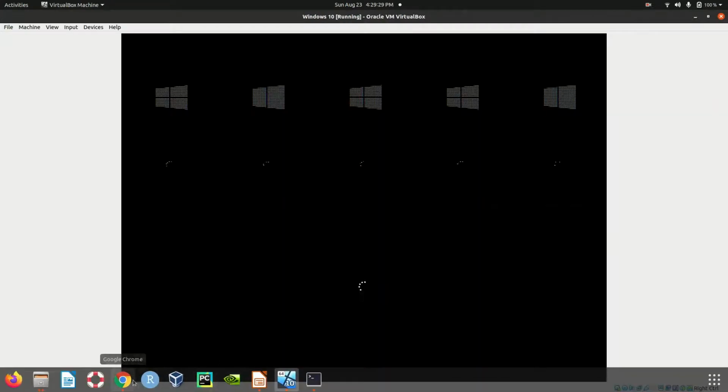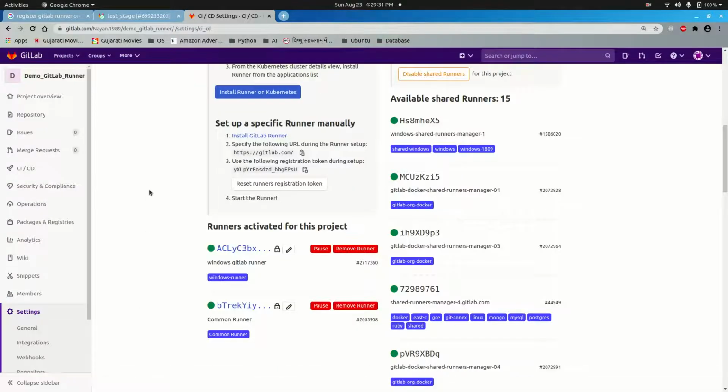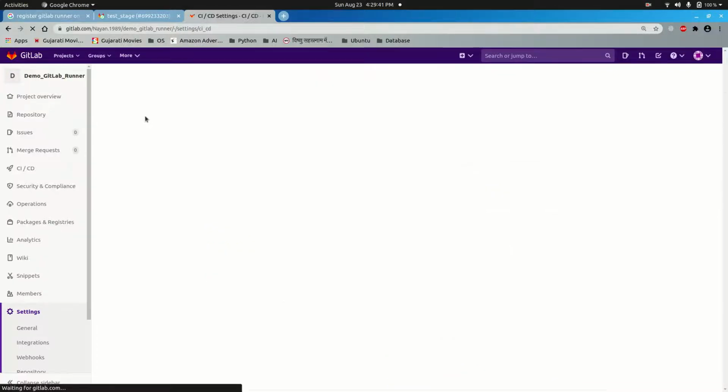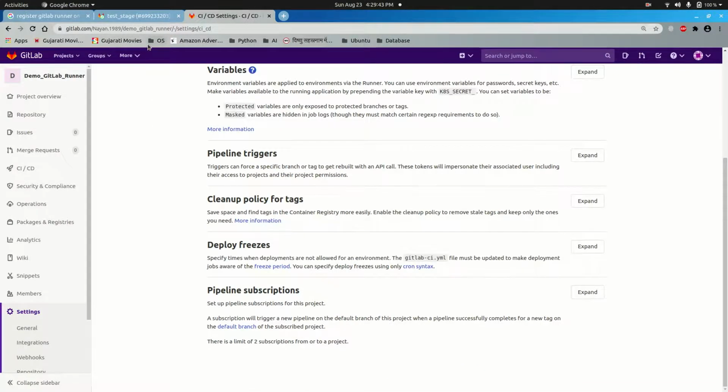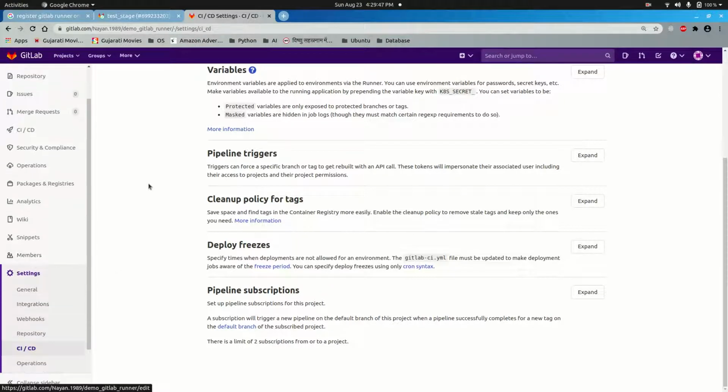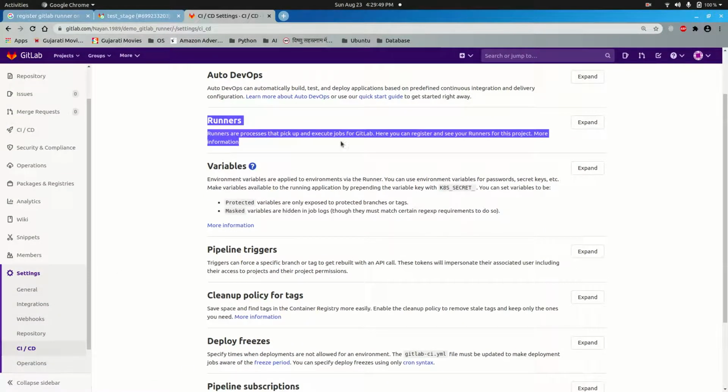We will go through the UI and confirm that the GitLab runner for Windows is already there on the UI. For that, you need to go to that particular project, settings, CI/CD, and expand the runners section.